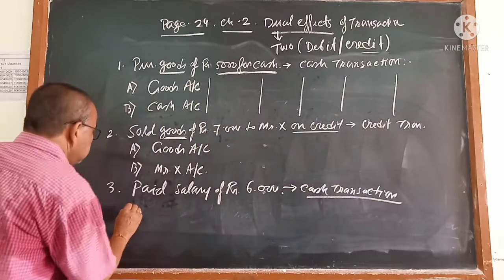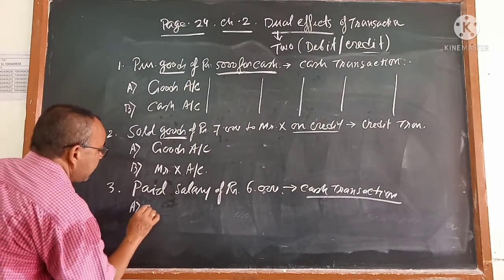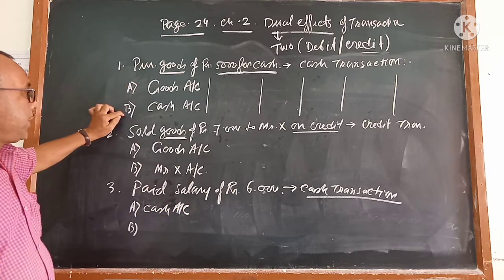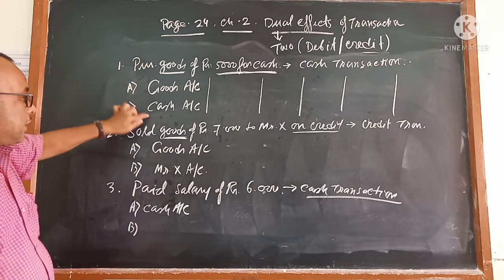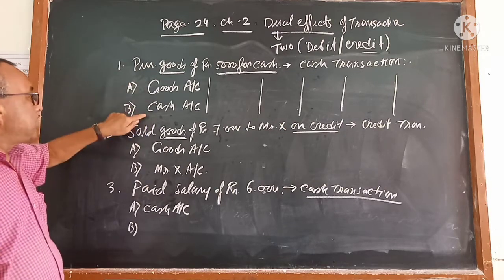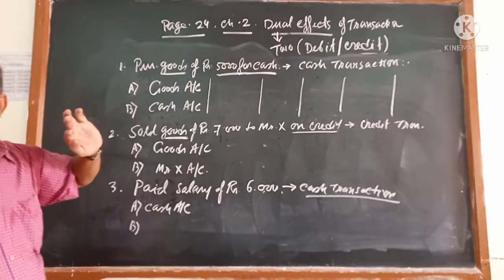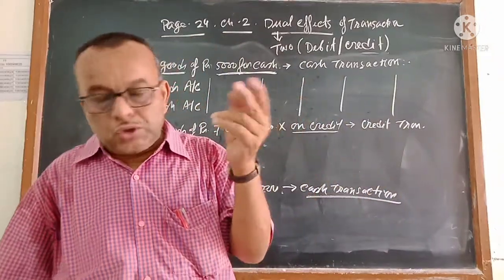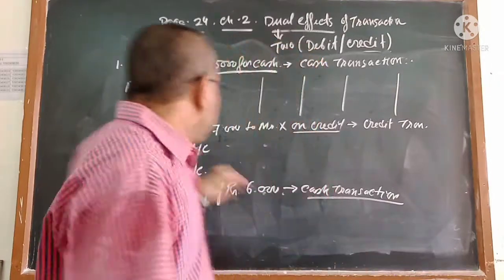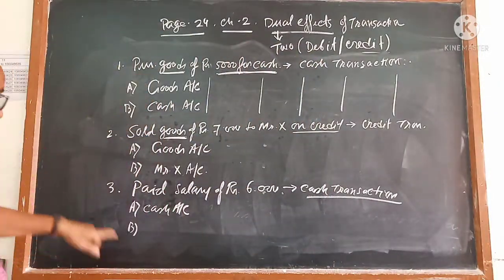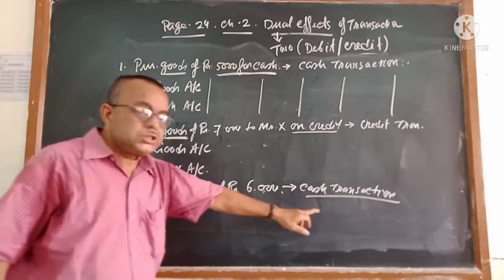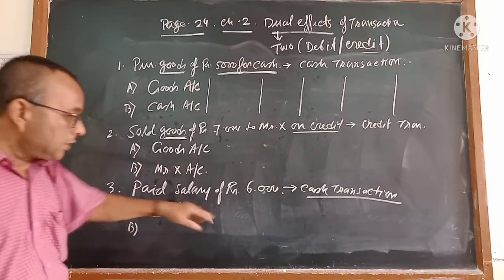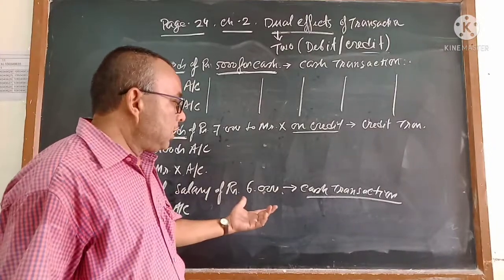And if it is a cash transaction, out of these two effects, one is the cash effect. Here, first effect A, second effect B. First effect I wrote goods account, second effect I wrote cash account. You can write first effect cash, second effect goods; that is no problem. You are only told to find the two effects. Which one you write as A or B depends on you. If you write B in place of A and A in place of B, there is no problem. Second, as it is a cash transaction, out of these two, one will be the cash account, and the other is this. There you see which two things are exchanged.